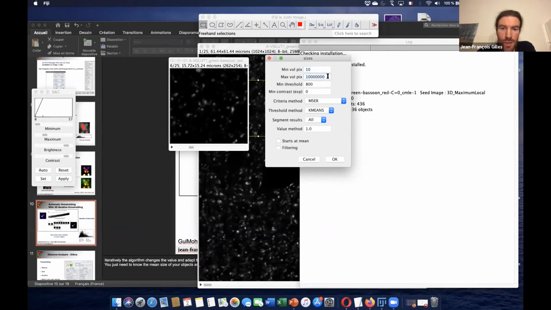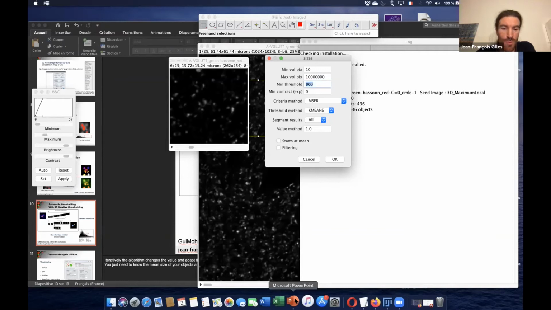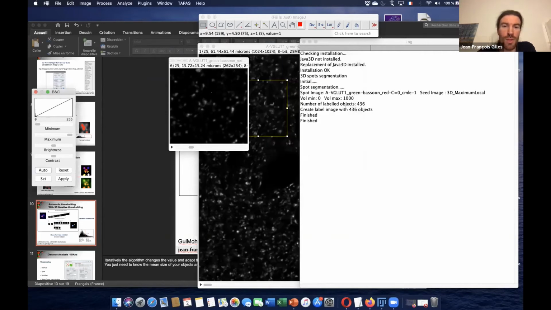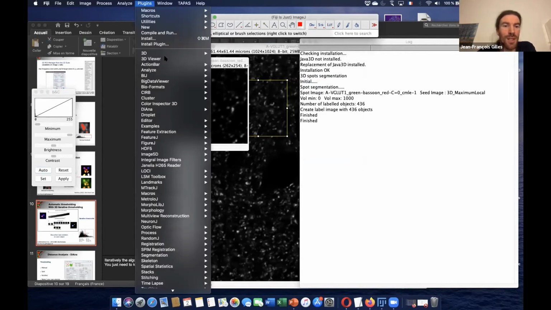You can leave this if you want to take all the big objects, and put in the minimum thresholding value, also to avoid noise from the background. You need to look at the intensity where there is no signal. Here we have really small values.